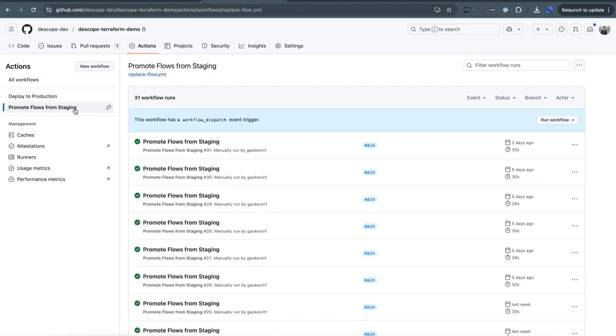Now to promote flows from staging, we'll actually use the Descope CLI tool to fetch all of the flows that have been modified in staging, recognize which ones have changed, and then display and open a PR to show the differences between them. Once I merge that PR, then the deploy to production will kick off because there's a push to main, and deploy to production will use Terraform init, plan, and apply to apply my changes to my production project. So running through this whole flow, you'll see from start to finish how the flow change actually materializes in